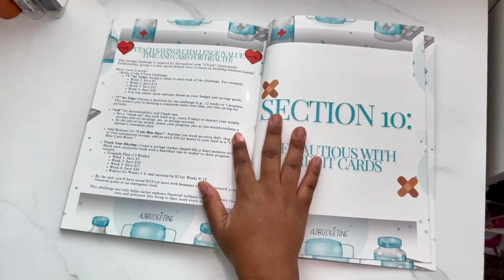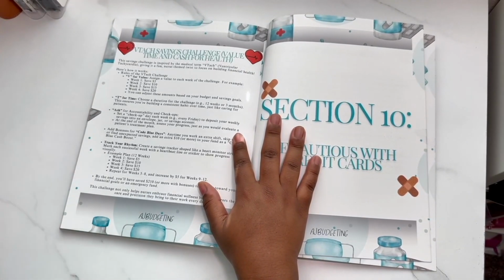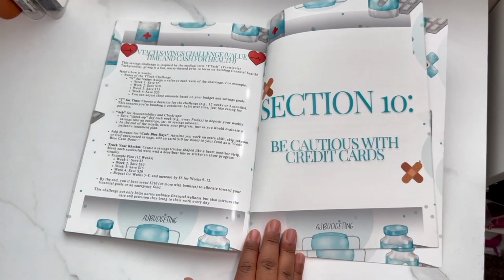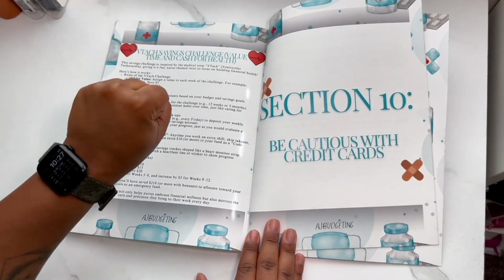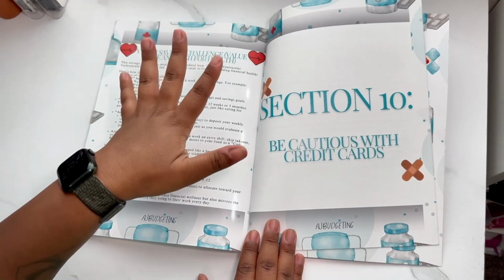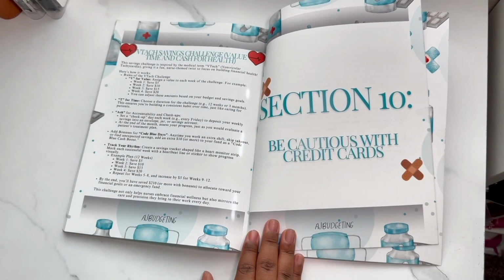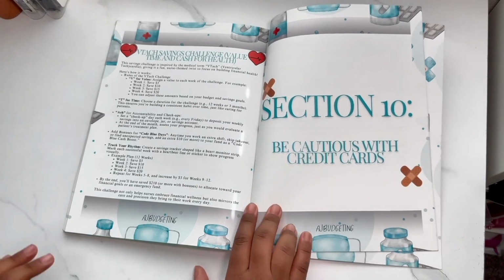And then the VTach Savings Challenge, this is my favorite one. Again, if you're not in the healthcare field, VTach is a rhythm where your heart is supposed to go like this, but your heart's doing this, it's just shaking, it's not pumping. So it's basically like a code blue and then whatever. Okay, so